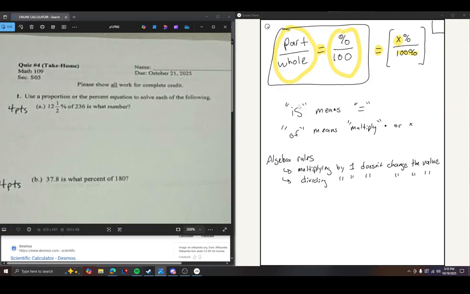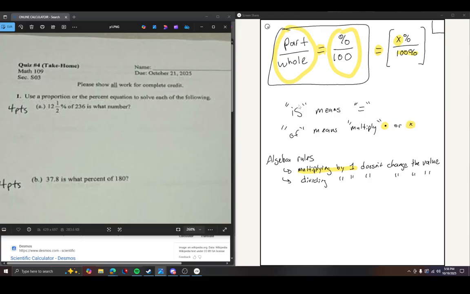I'm not sure if you use dots or x as your multiplication. If you're familiar with using x as an unknown variable, the x and the x gets confusing. In higher level math, you'll use the dot to indicate multiplication, but I'm not sure if you use x to indicate multiplication. This is another basic concept I'm going to build upon, really basic algebra rules, right? If you take any number and multiply it by 1, that doesn't change the value.